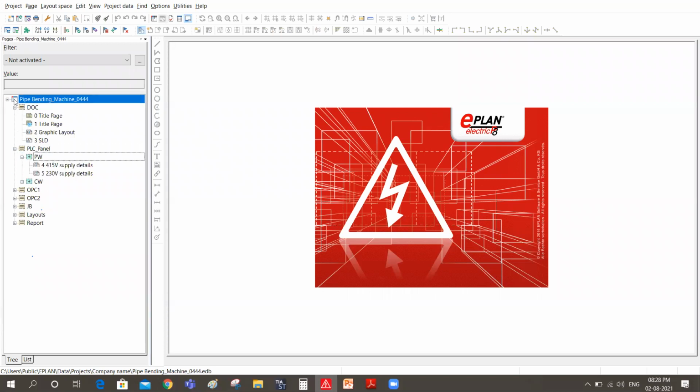From this you got some little bit of information about structure. You can see here you have a PLC panel drawing. Under that you can add a small structure as power wiring, and after that you can add some pages. Here in ePlan you have this planning function, actually structure identification.